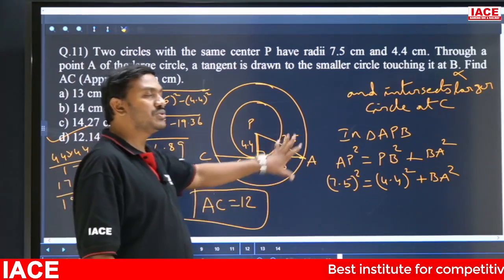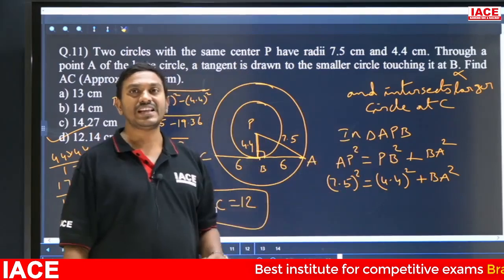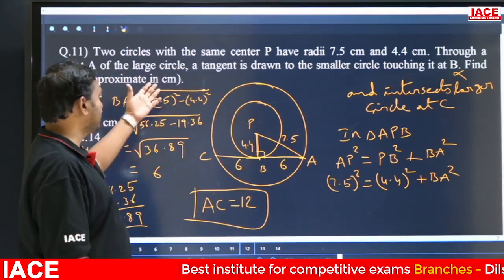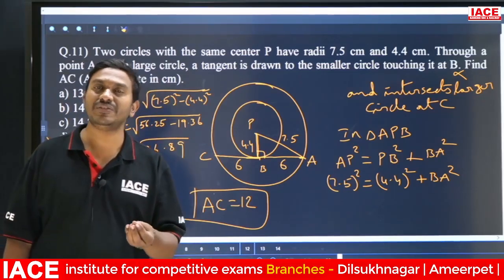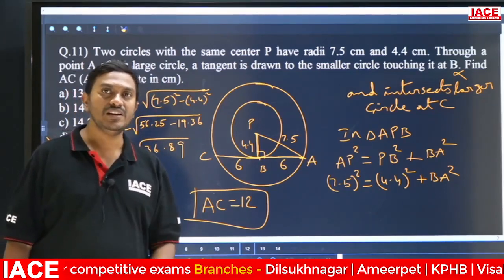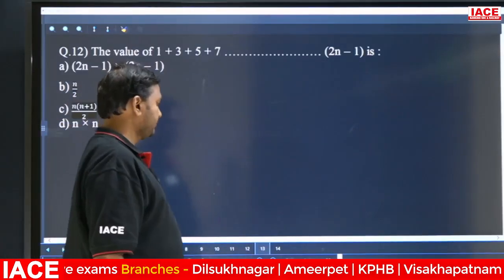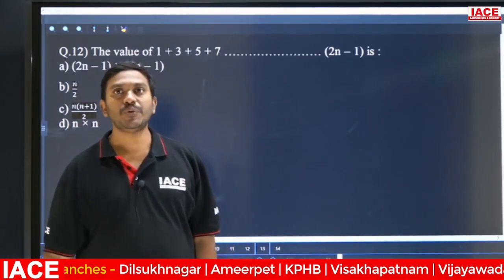So here we are using a right angle triangle, but exact Pythagoras theorem is not there. That means triplet code is not there. That's why we are finding the approximate value. Okay, right, no doubt.